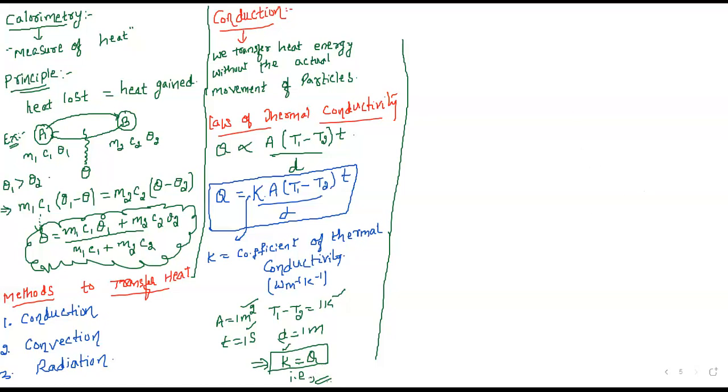Now, which is the second method we have in order to transfer the heat energy? That is the convection method. The second method to transfer the heat energy is convection. In the case of convection, we are going to transfer the heat energy by the actual movement of the particles of the medium. So, in convection, heat energy is transferred